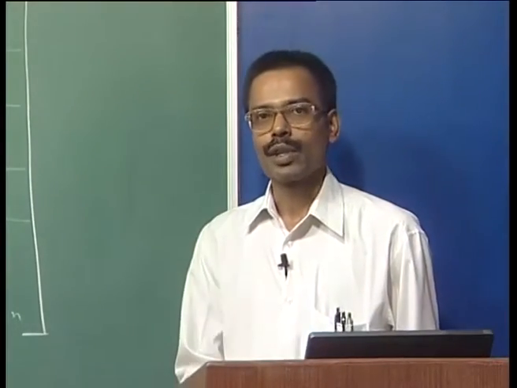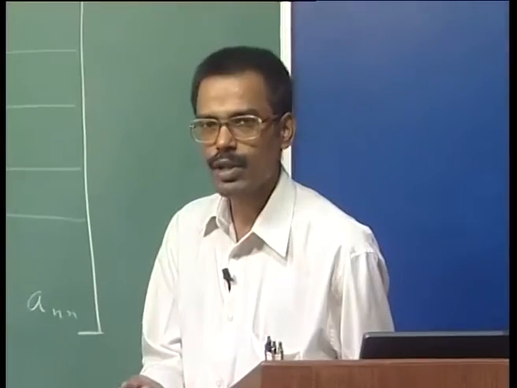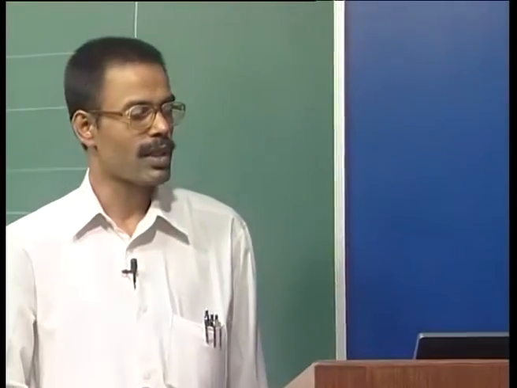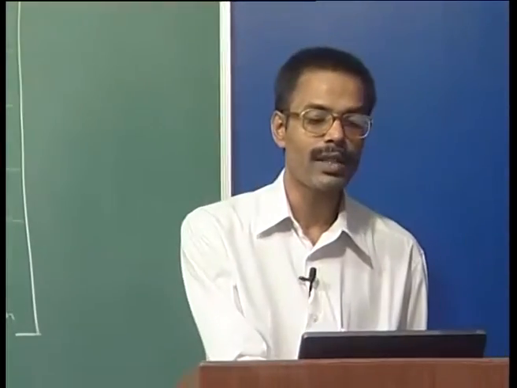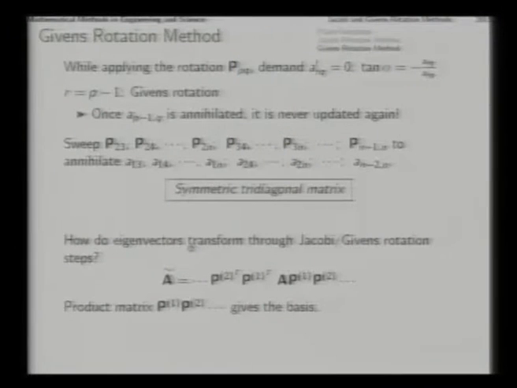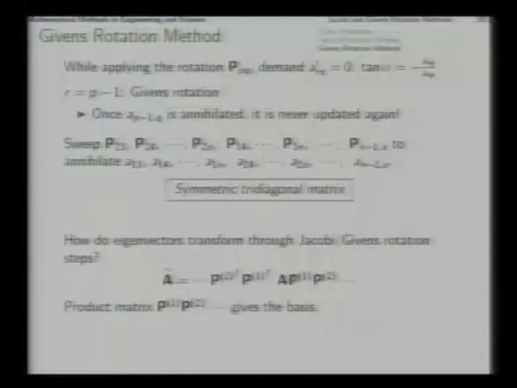Now in this whole process, whether you apply Jacobi rotation or Given's rotation, how do the eigenvectors transform? As you know, in the new final matrix you have all the transformations P1, P2, P3, etc., all those rotation transformations, those similarity transformation matrices sitting like this, and here the corresponding transposes, which are the same as inverses.